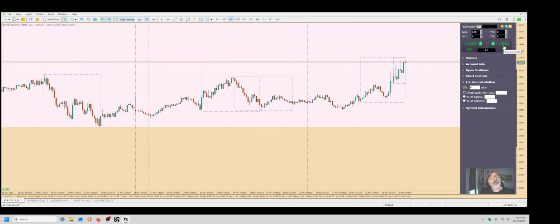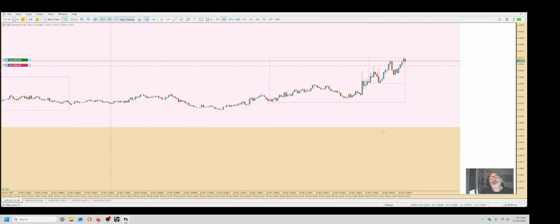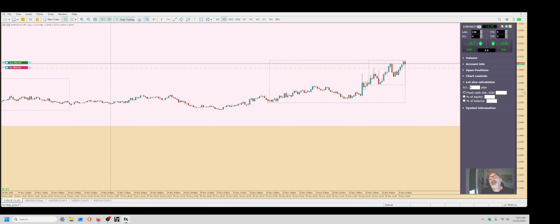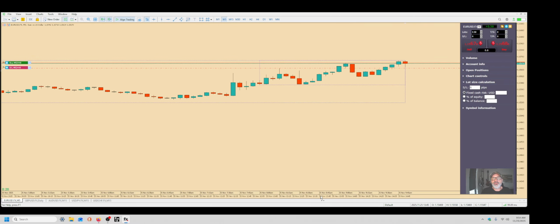So I'm just going to hit the buy button, and I'm going to manage it. I got a 6 pip stop, and I'm going to manage it on the 5-minute candle. All right. So you notice I didn't even look at the 5-minute candle because the 15-minute candle is telling me the longer term. All right. So I have a stop loss, but I don't have a target. All right. So if we want to find the target,